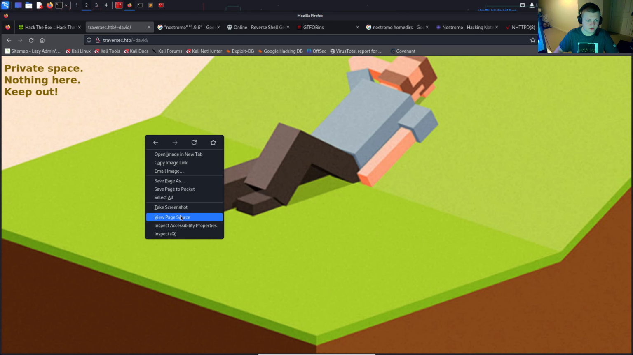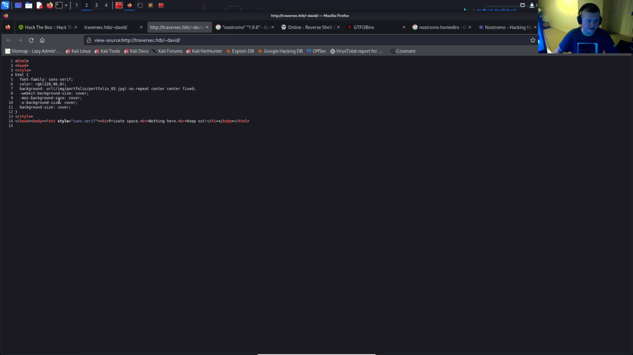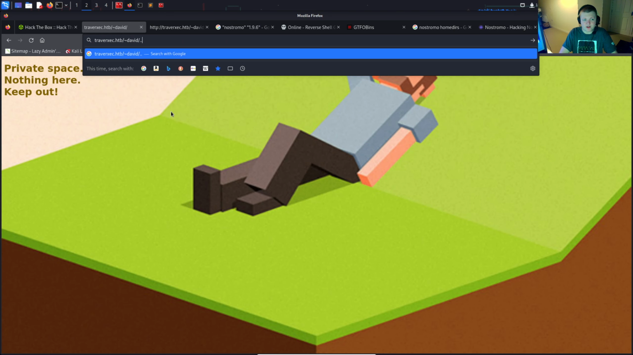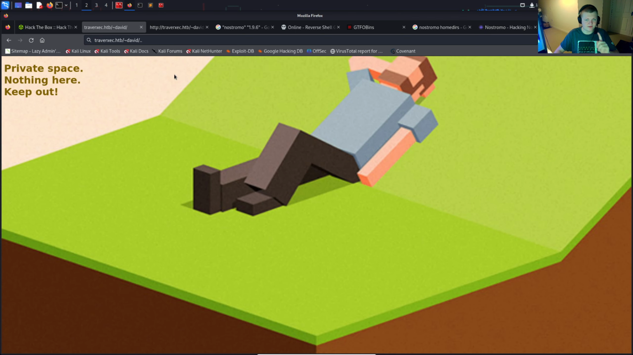We can have a look at the source code here, and it looks like it's including this image with the directory of the image there. But we can access the home directory, which is really interesting. So you may want to look around from here. I don't know what you could do, but at this point,